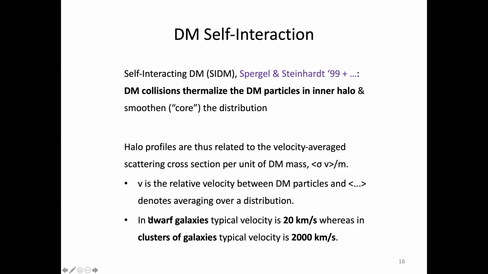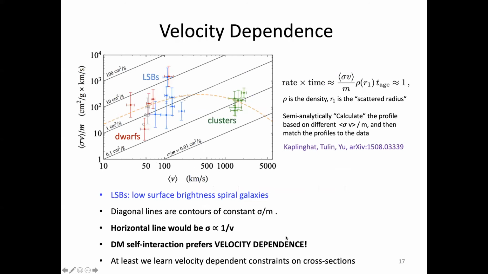And then in the dwarf, there's 20 kilometers per second. In a cluster of galaxies, it's much faster. Things are moving much faster because it's a bigger scale. So these are important facts to know. Now, there's a very nice analytical study of the velocity-dependent cross-section. And this is very interesting, but let's look into it a little bit deeper to find out how they do it. So first of all, there is a very easy semi-analytical way to do it, that you first calculate the